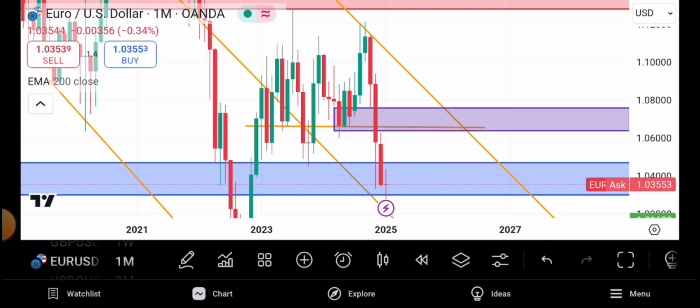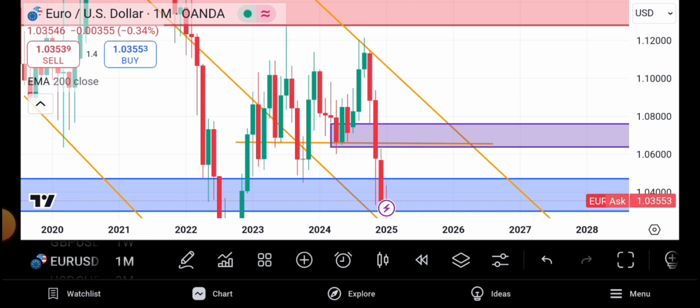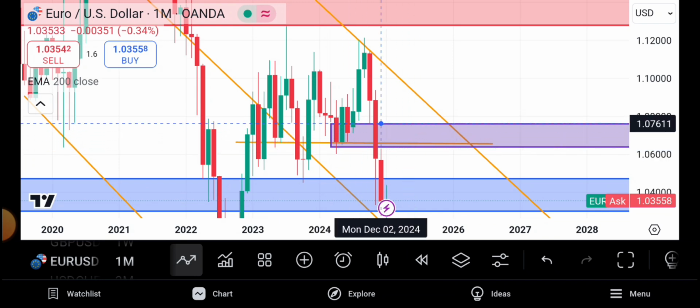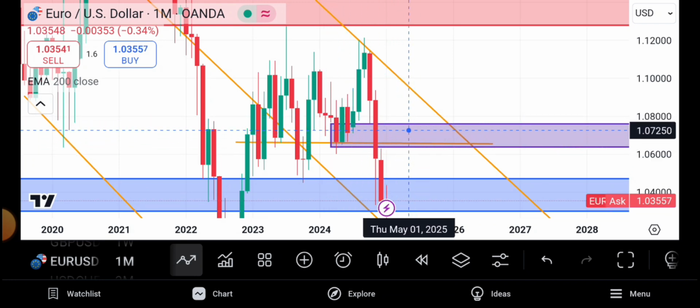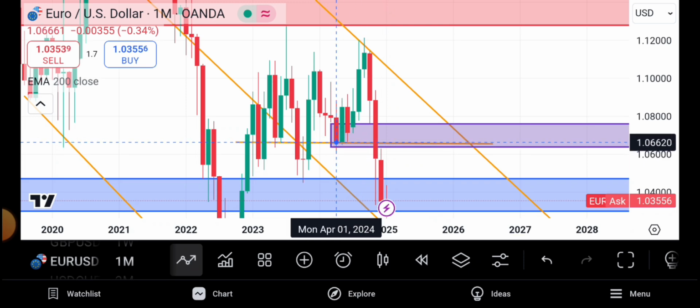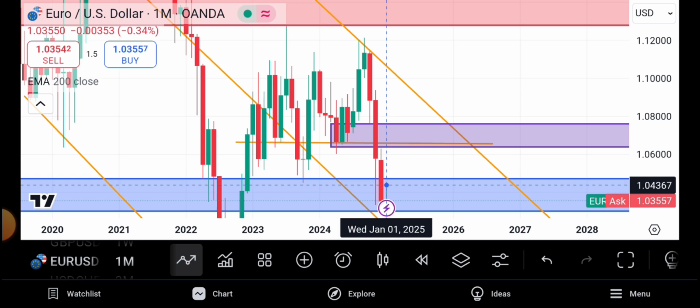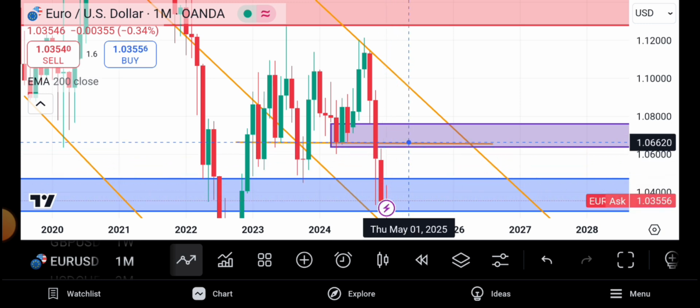And our neck point has collided with the monthly fair value gap. Can you see? This is the monthly fair value gap, and our next zone is here. So it has collided, meaning there is a higher chance that the buyers will push the price action up to this zone. Once this zone is reclaimed, I am going for a sell and targeting this TP2.